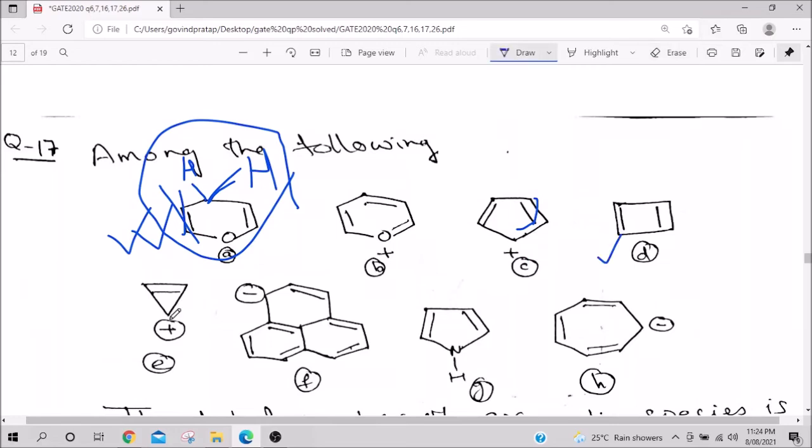Here also you see there is a p orbital here, there is a p orbital here which will overlap with this p orbital and this p orbital. So this is also conjugated. Here also all are conjugated, this is negative charge. So negative charge actually is sp3 hybridized. It is not a p orbital, but sp3 hybridization is there. It has 2 electrons, but it can overlap to a certain extent, and that is how it is part of conjugation. So this also is fine.